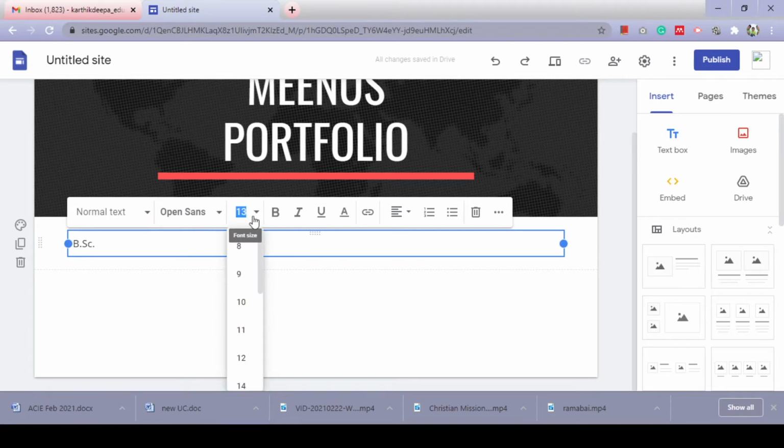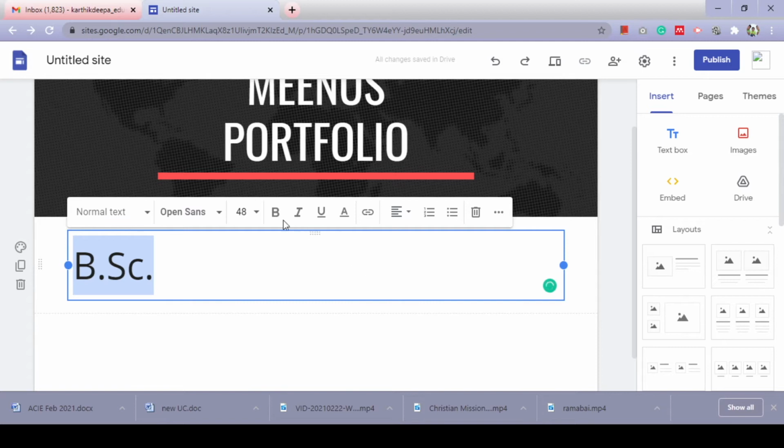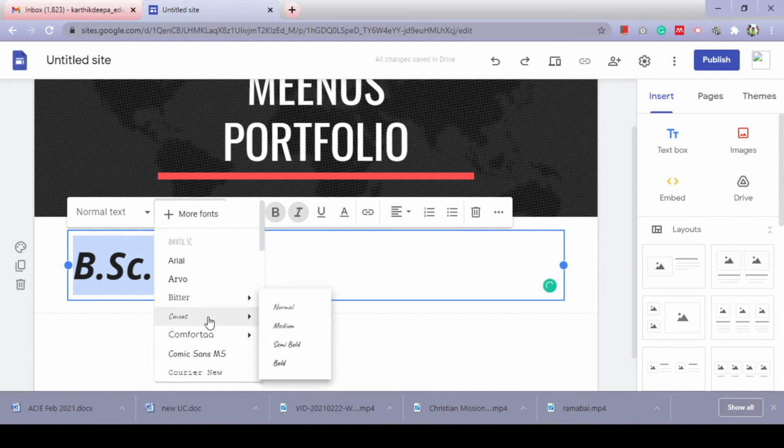So you can change the size of the font by selecting the text. You can change the size of the font by clicking on this. You can make it bold, you can make it italic, you can choose the font type you want to use.